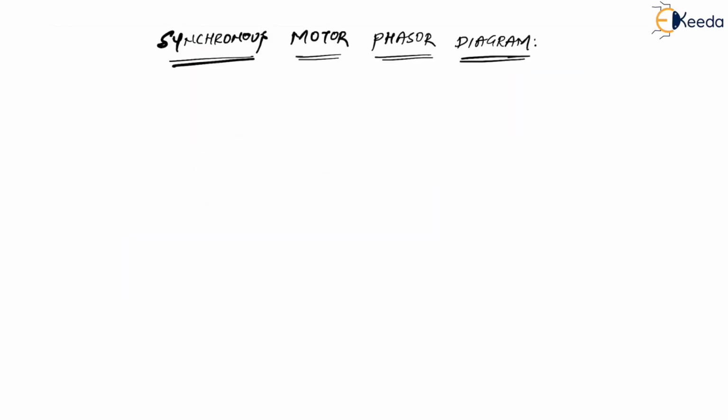Now we have already seen the first and foremost assumption for a synchronous motor. Let me consider the first case. Let us think of a synchronous motor, correct? We are interested in finding its phasor diagram. We have seen in our first and foremost assumption that my synchronous motor can only be connected to what? An infinite source, that is, an infinite bus.